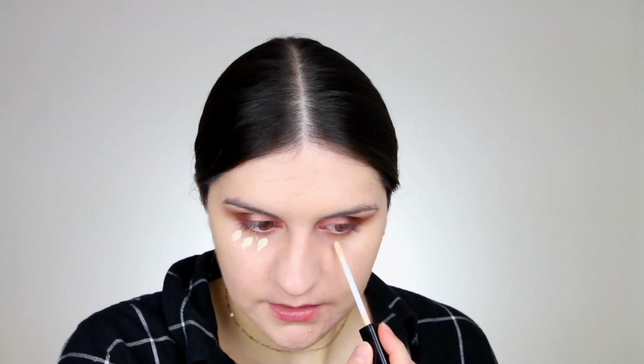Just gonna reapply a little bit of primer underneath my eyes. I'm gonna be applying some foundation. I'm gonna be using the Physicians Formula, the Healthy Foundation in LN3. My favorite foundation of like all time, so it's no surprise. Okay, now I'm gonna be taking the same concealer that I used on my eyes and just applying it underneath